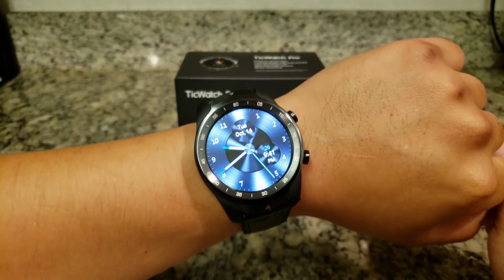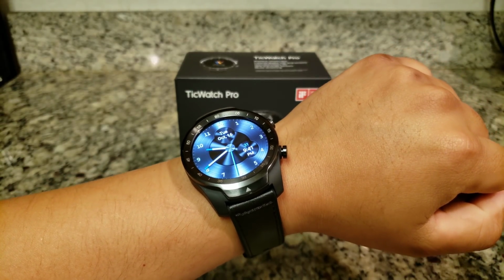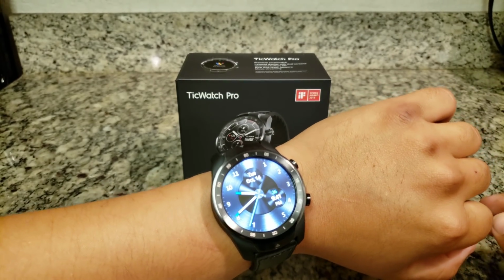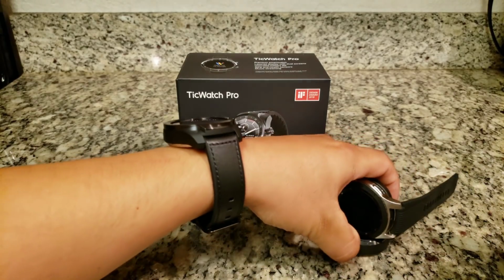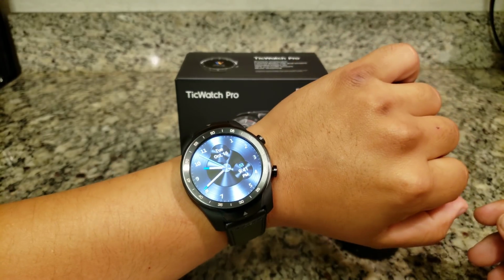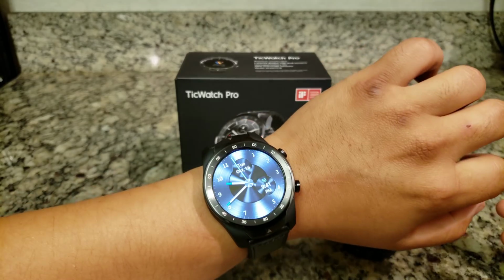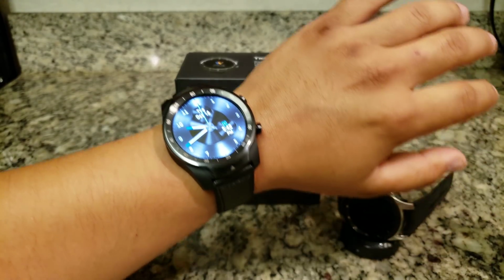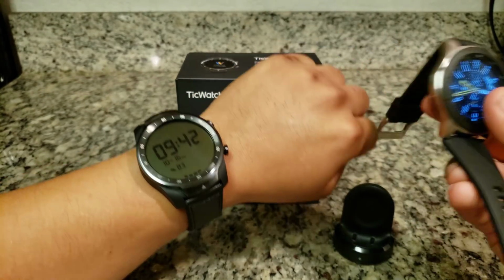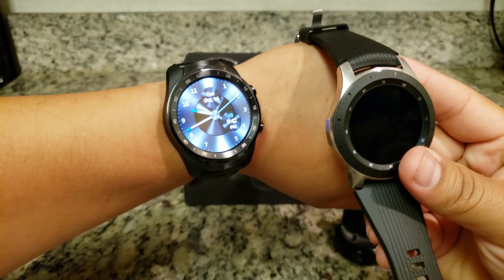Like I said, I'm just barely starting to get to know this watch, but overall first impressions for a watch that only cost around $230, I really don't think it's that bad of a deal. For someone that has been wanting maybe the Galaxy Watch, but you just don't have the money to dish out for it, this might be the next best watch to go with. Since it is cheaper, it might be a lot more affordable for some people, and it also looks good. It doesn't look too bad, though it might not be as premium as the Galaxy Watch. Obviously, there are going to be some differences, but as far as smartwatches go, you really can't complain for the